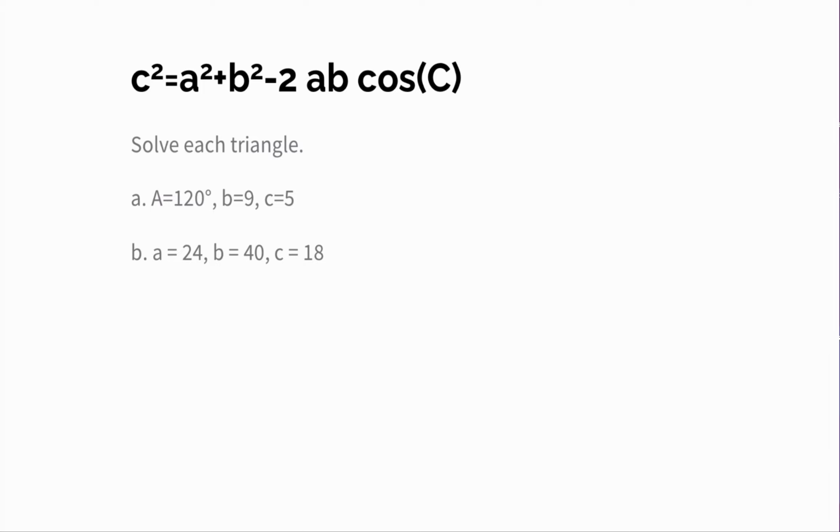All right, here's another one. We have three sides of a triangle. So a, b, and c. Side a is 24, and side b is 40, and side c is 18. We want to find an angle. It doesn't matter which angle we want to find. Let's start with A. So we want to find angle A, and so that's going to be